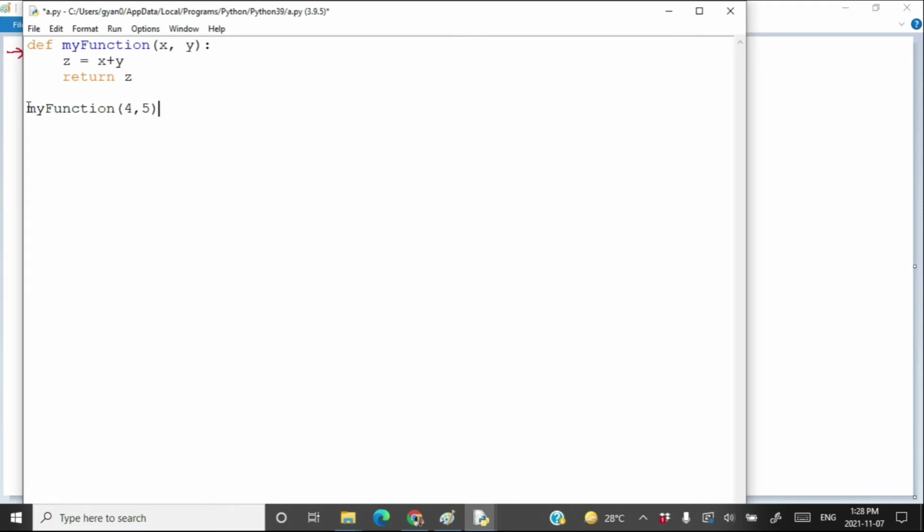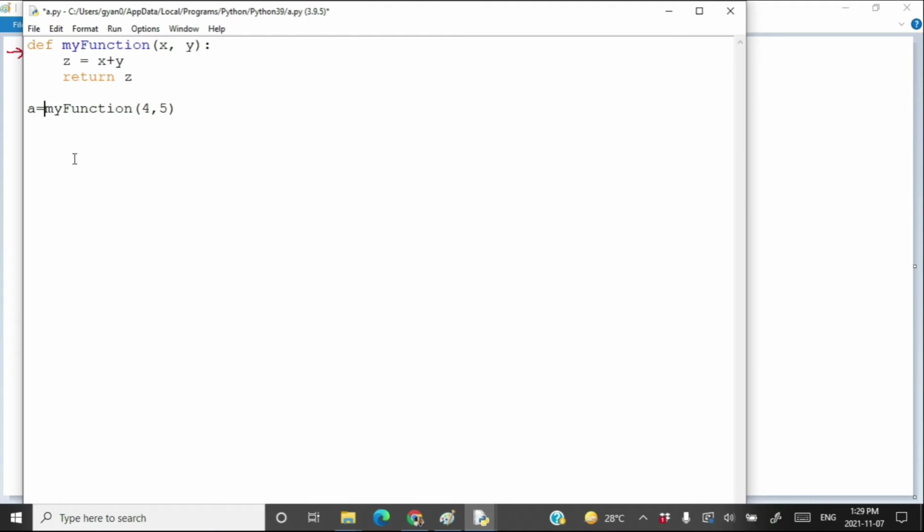But when my function returns the summation of 4 and 5 to you, you should have a variable in which you actually store the summation. So here you can write another variable, say a is equal to. Of course there are multiple things to study in functions, but here we are discussing just very basic concepts.